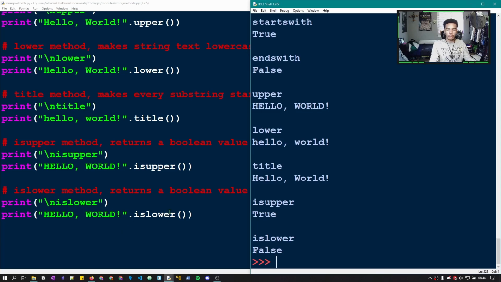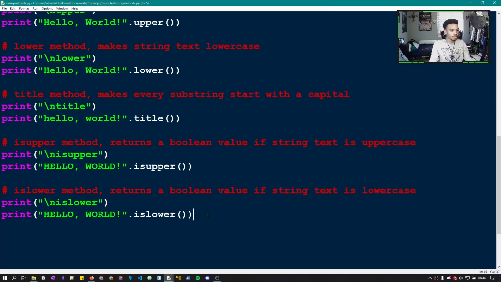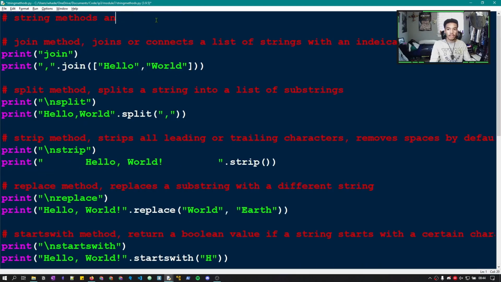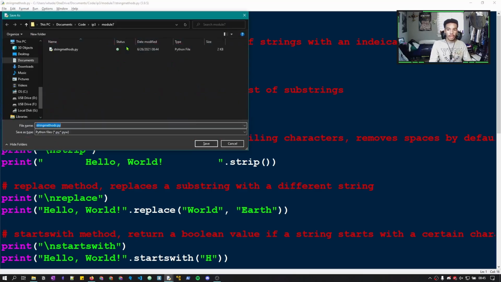This is in capital. So that's it for string methods. That's it. Cool. So let's open up a new file, and we're going to, by hitting Control Shift S,